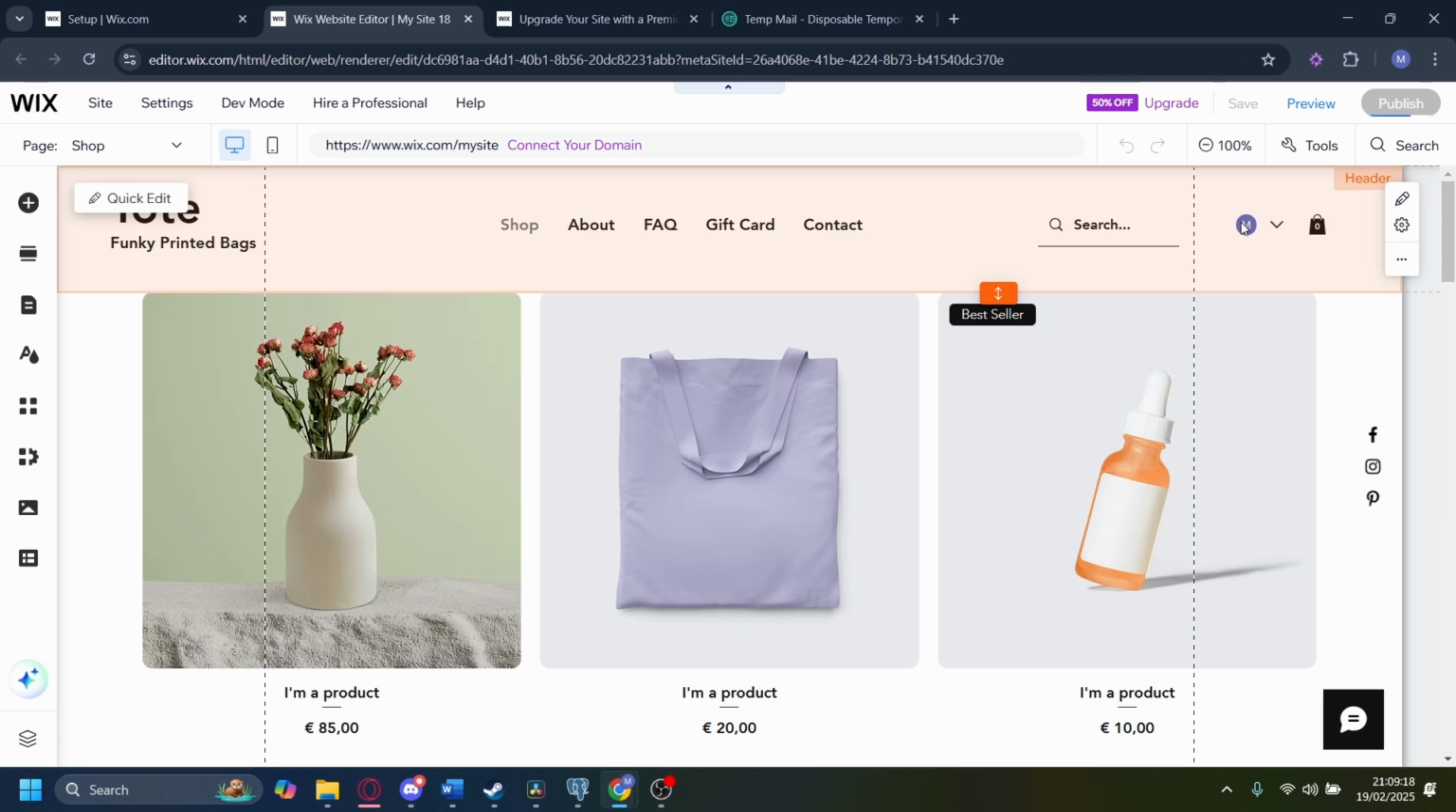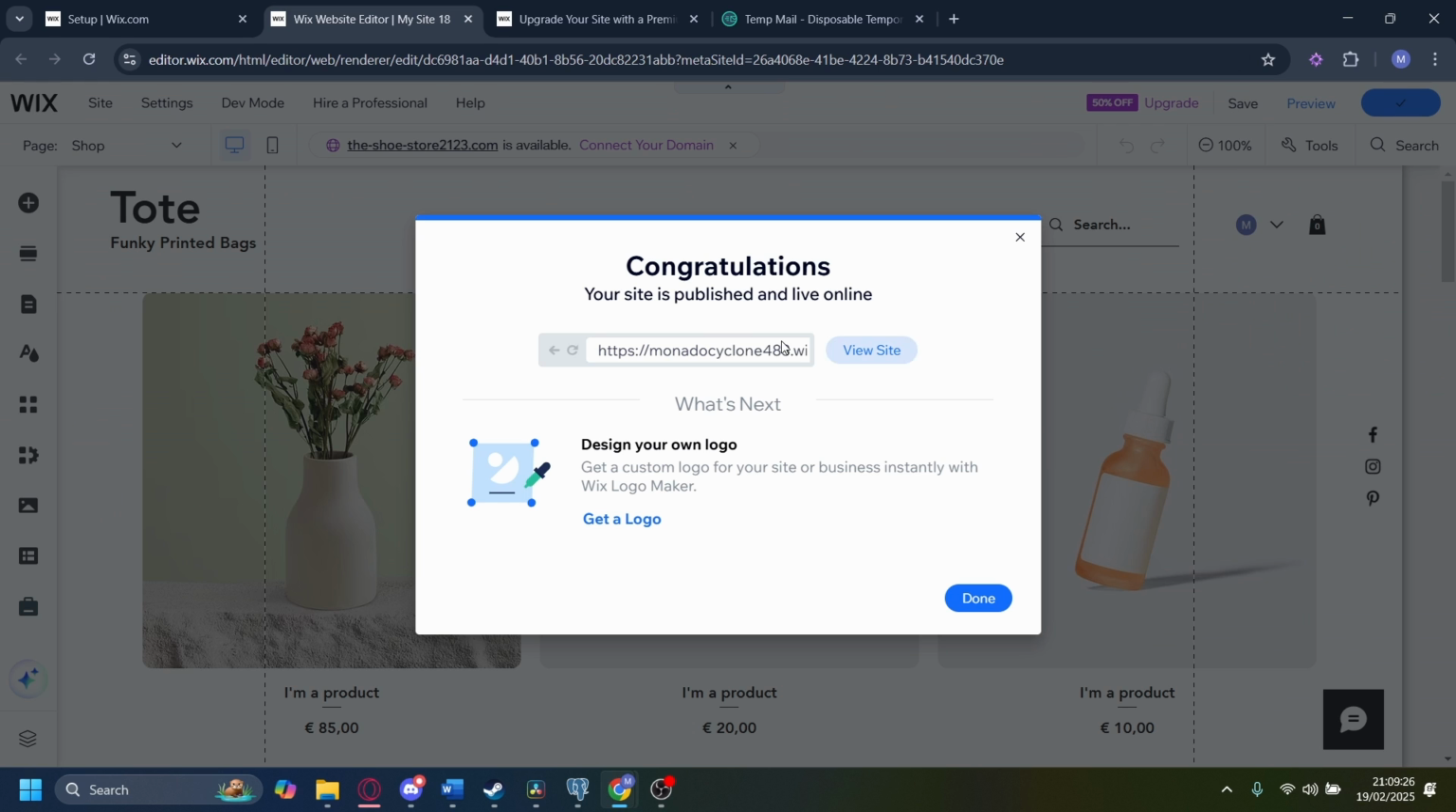Now, once you publish it, Wix will give you a free domain, but it will have their prefix or suffix behind it, right? It'll say wix.com, and there it is. You can see this is your free domain. It's your account, and then .wixsite, and then your current shoe store name. And there you go. You have a free domain